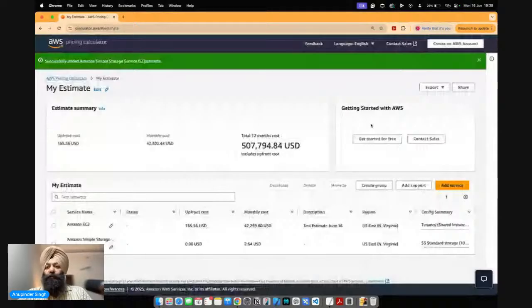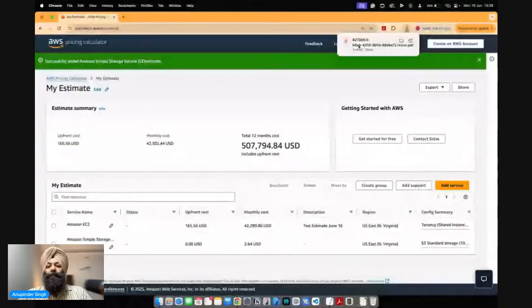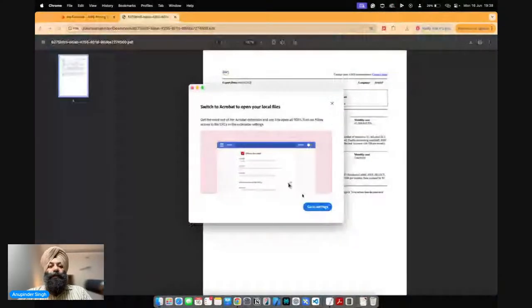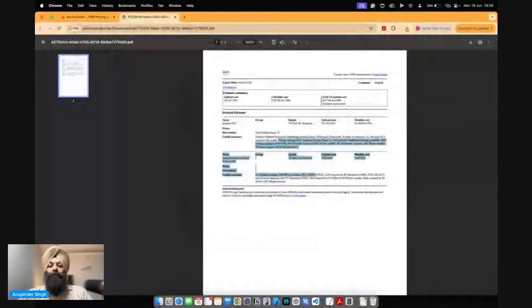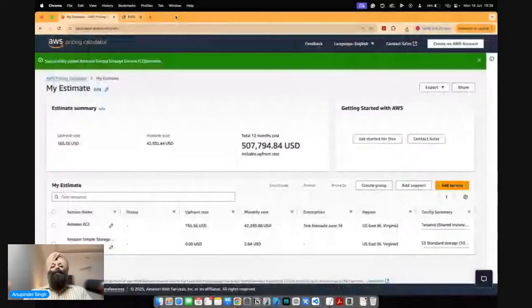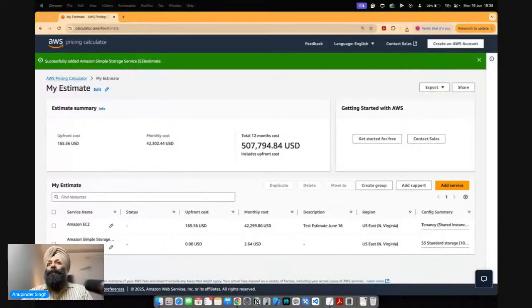And if I open it for you guys, in that case, you can see the estimation has been prepared, and you can share this information or PDF with your client, right? So this is how you can basically do an estimation with respect to the service. As many services as you want to add, you can make that work for yourself. So this is how the overall estimation cost has been done, right? So if there is anything you want to ask me with respect to this whole demonstration, I'm here for you.